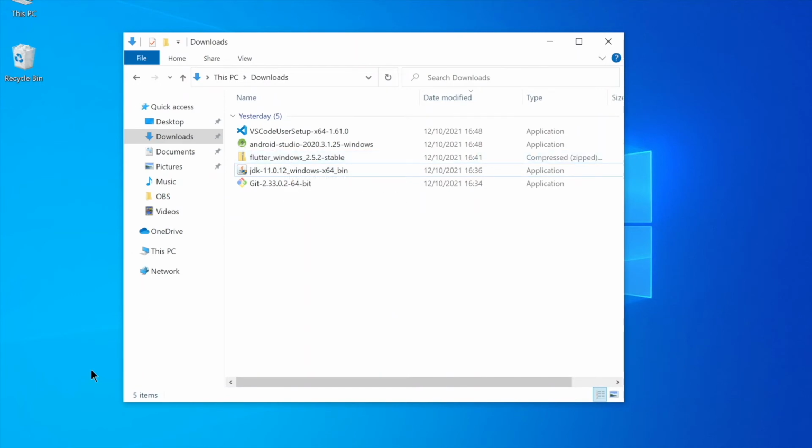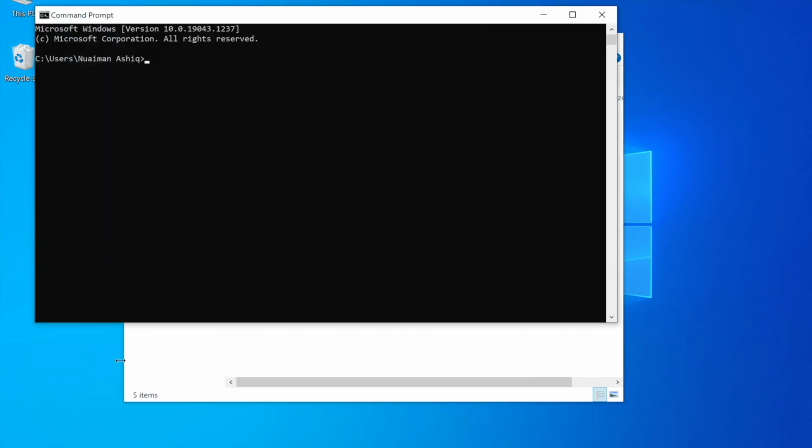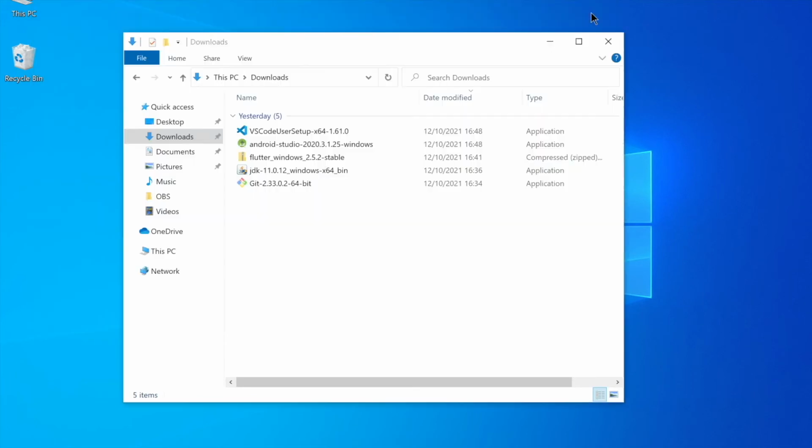Now to check if we have installed JDK properly, go ahead and click CMD and write here javac, java. Alright, Java is properly installed. Now the last part, Flutter. We are done with everything, Git, JDK, Android Studio, VS Code. For the last part,